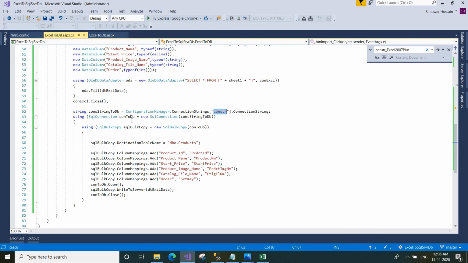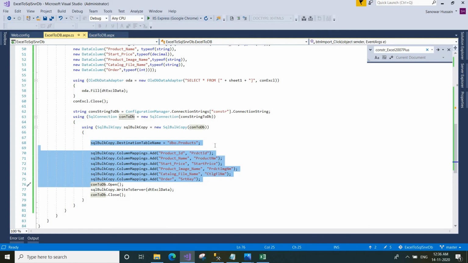Next, we have declared a SqlConnection object, passing the connection string as the parameter. Next, there is a SqlBulkCopy class. We are declaring an object of that class, and we have to map here